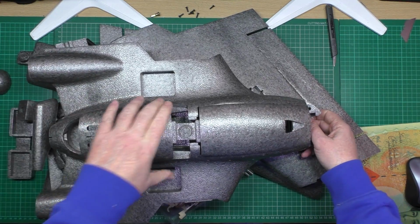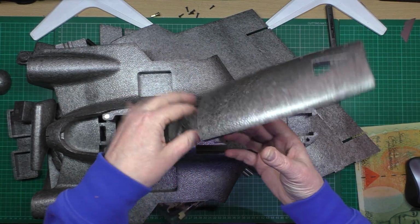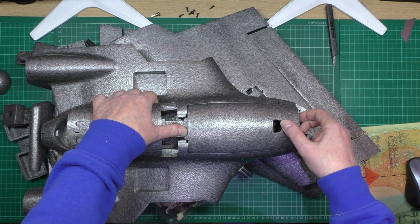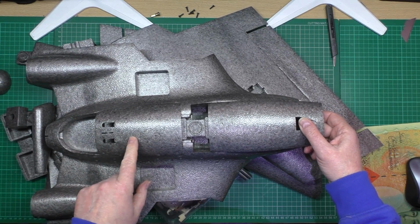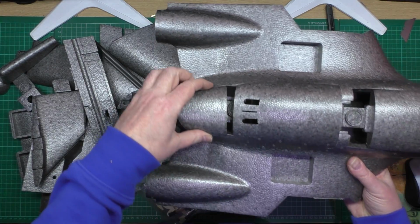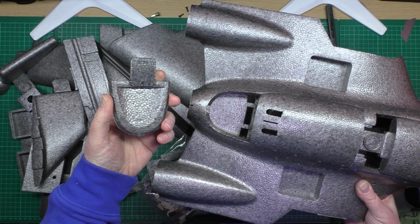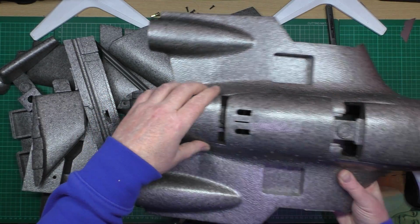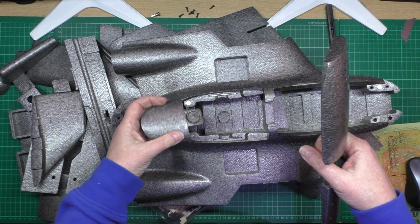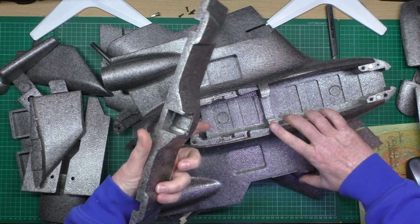So I'll just show you this again. Obviously you cut these bits off. That's just part of the mould, it's just to hold it in place. So this piece here goes on the front there for a streamline. That one there goes on the back. And also somewhere on the back, is it that one? That one goes on the back as well, which I can't show you. That one's probably going to be glued in place, I don't know. I mean, you could glue it on the back of that, so it's all one piece, up to you. Or you could just have it, don't know. So that's that. That is for the underneath,